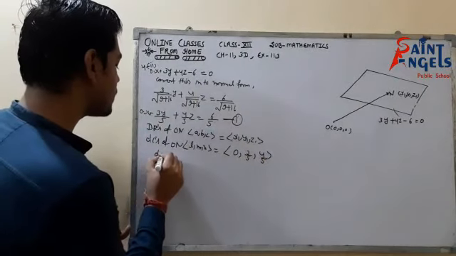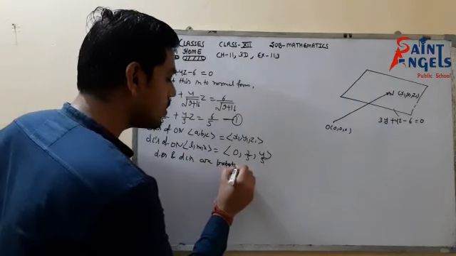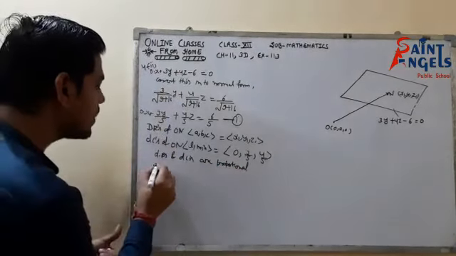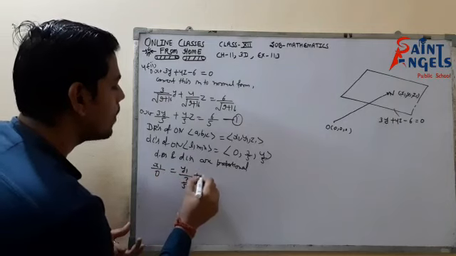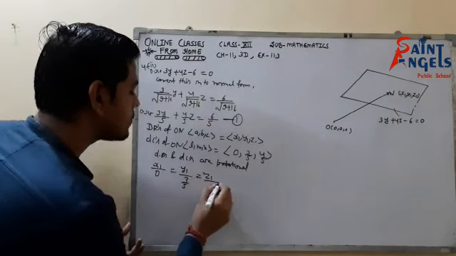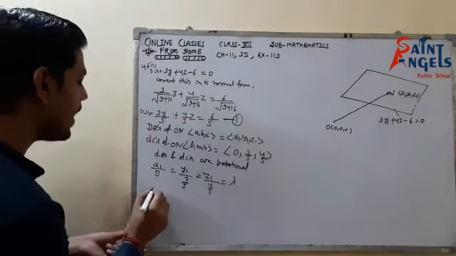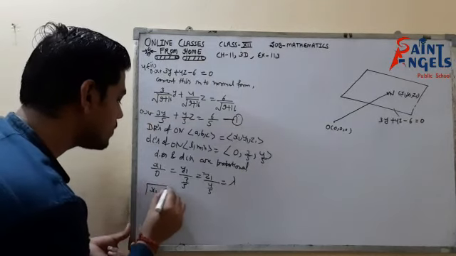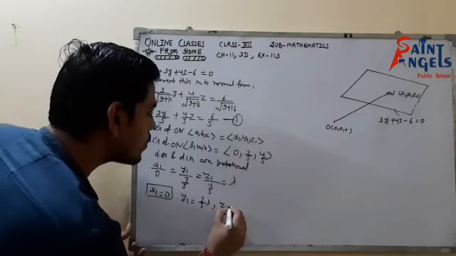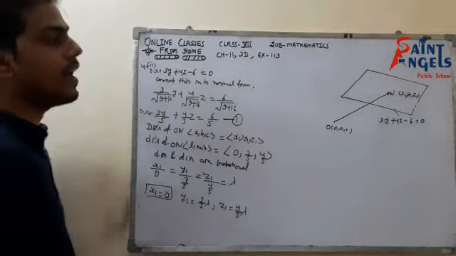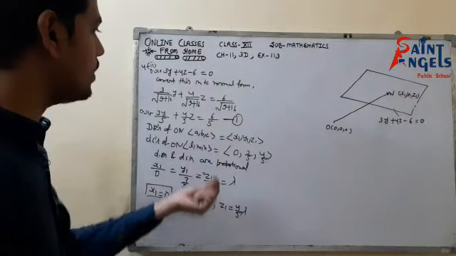Since DRs and DCs are proportional, okay students, so now I can say that x1 upon 0 equals y1 upon 3 upon 5 equals z1 upon 4 upon 5, say equals lambda. So from here x1 equals 0, y1 equals 3 upon 5 lambda, and z1 equals 4 upon 5 lambda. Since point x1, y1, z1 lies on the plane, it will satisfy the equation of plane. So now put the values of y1 and z1 into equation number one.